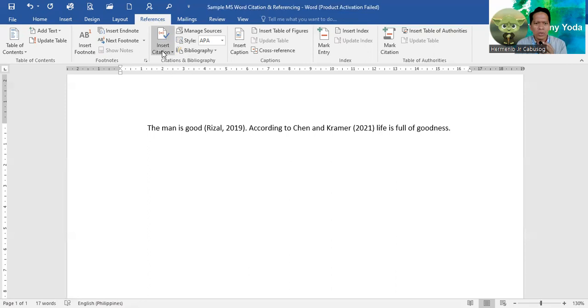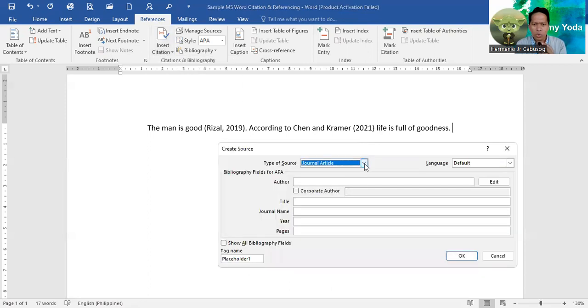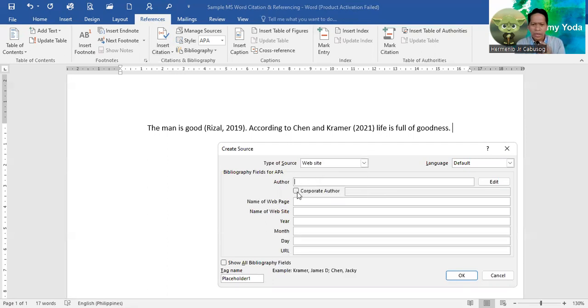Okay, so again, go back to insert citation. We will choose a different source. And then we will choose a website. Okay, it's quite different now. And in cases where you cannot find an author, just use the corporate author. It might be the publisher or an organization. So in this case, we will try to insert National Historical Museum, for example, here. And the name of the web page, for example, is